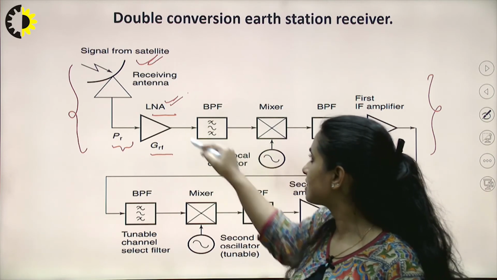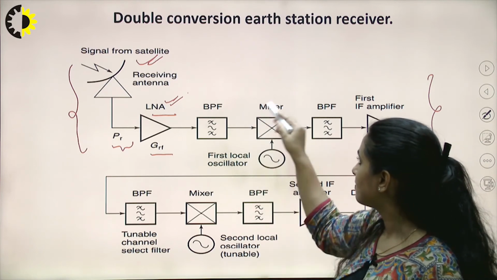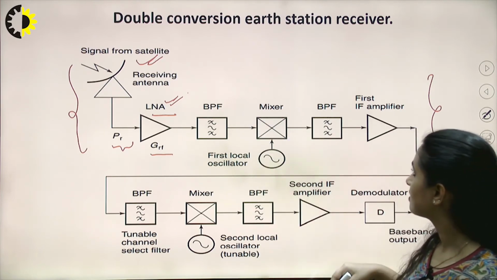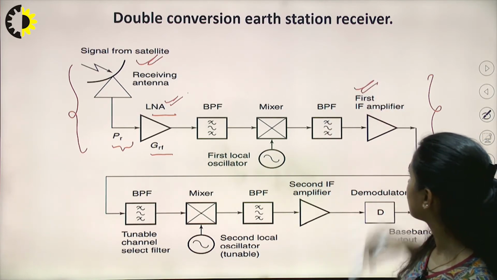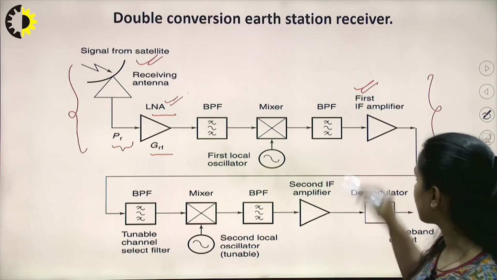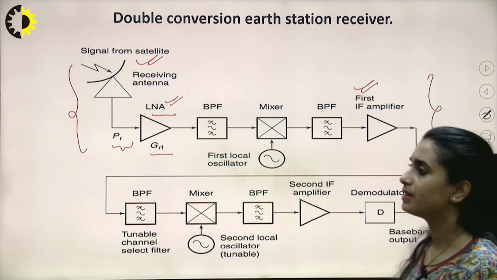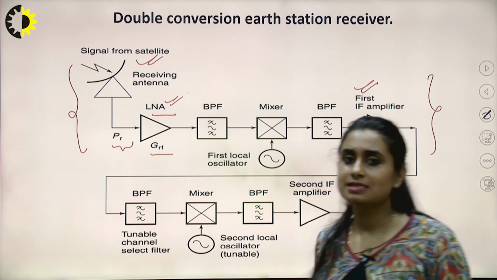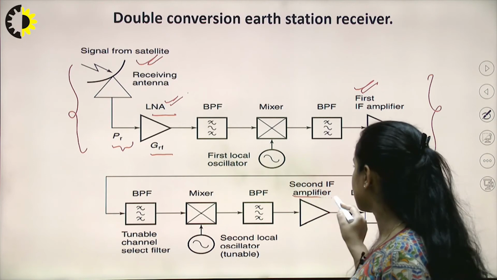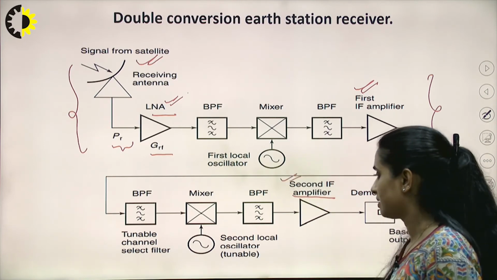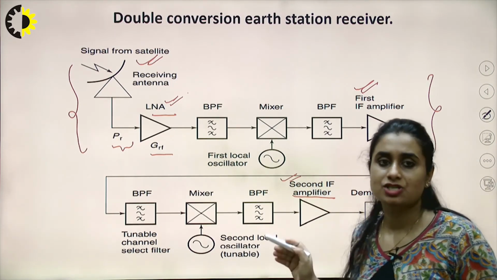Now the band pass filter does its job and filters out the noise portion, and the mixer performs the down conversion here, right? Again, we can have n number of band pass filters and amplifiers. This is my intermediate frequency part, and after the intermediate frequency part, this whole process could be repeated for better results, right? When we do all these things in a stepwise manner, this will give me a better result. And here you can see this is the second IF amplifier, right? So a series of filters and amplifiers will give me better extraction of the signal.